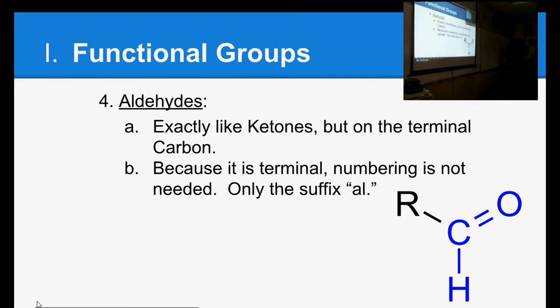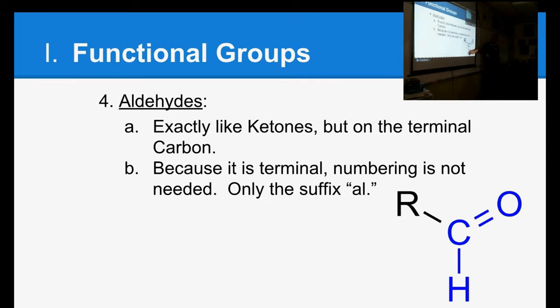Aldehydes. Aldehydes are just like ketones, but they're on the terminal carbon. So a ketone has to be in the middle of a chain somewhere. An aldehyde is the same functional group. It's a double bonded oxygen, but it's at the end, at the terminal carbon. So there's a hydrogen hanging off because the carbon can have 4 bonds. So it's got 2 going to the oxygen, 1 going to the rest of the chain, and then a hydrogen hanging